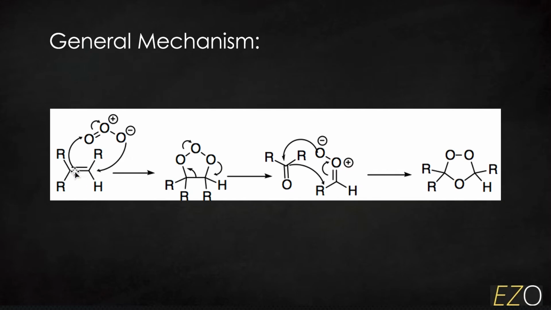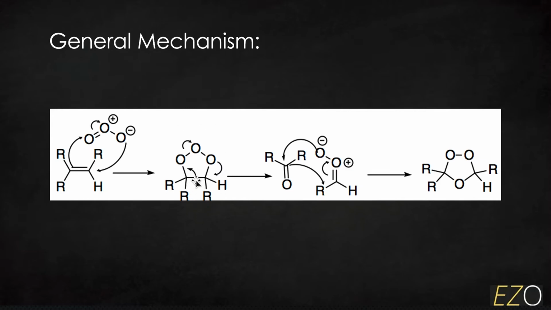The electrons from this double bond will attack this oxygen, moving the electrons from this double bond into this oxygen, and then having the free electrons from this negatively charged oxygen attack a carbon in this. Then the next thing that happens is you have this intermediate, and what will happen here